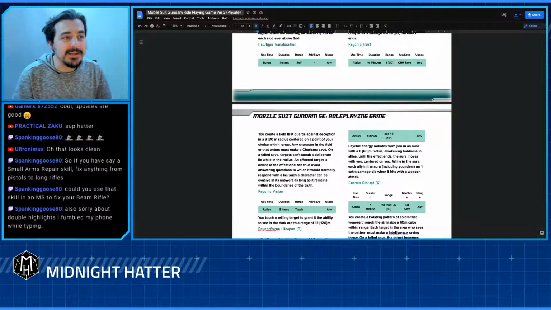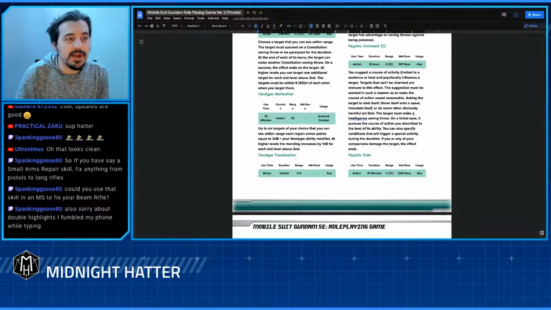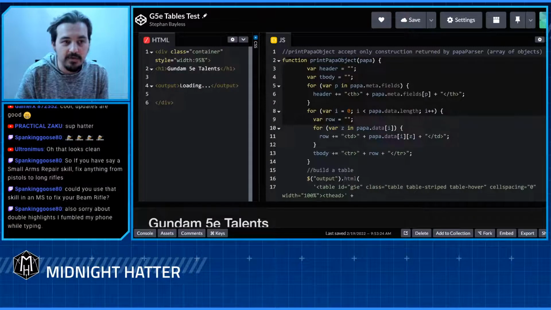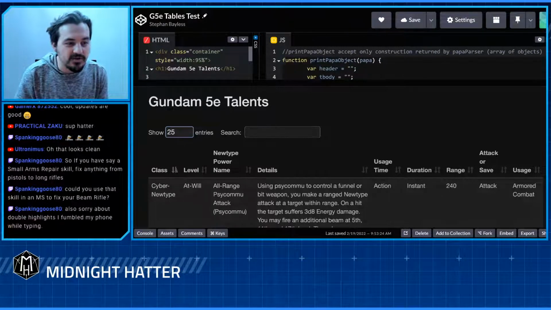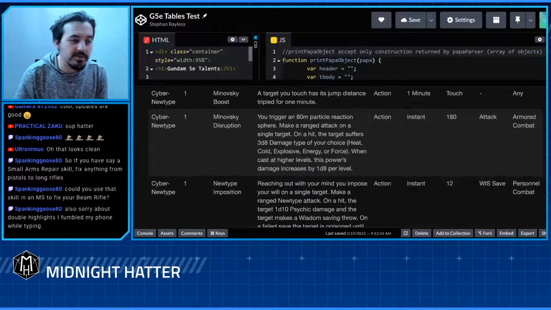But like I said, the neat thing about this is not necessarily that it's just a one-use tool. For instance, if we hop over here, I've got the same PapaParse function that is pulling data from that exact same spreadsheet, but it generates a sortable, searchable, filterable table with pagination. It's paginated to 25 entries per page, and it's got all of the same information. This is what's going to be published to the website